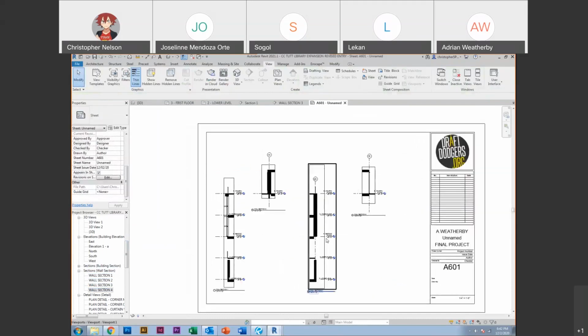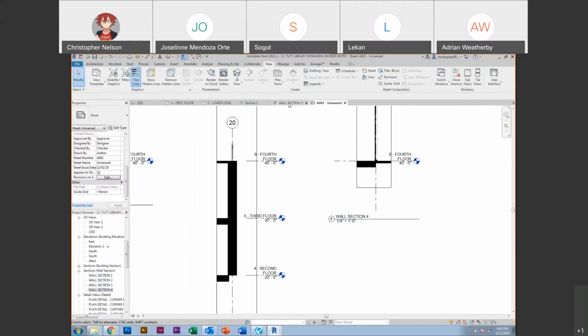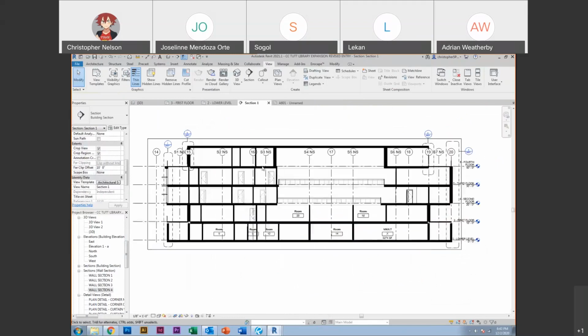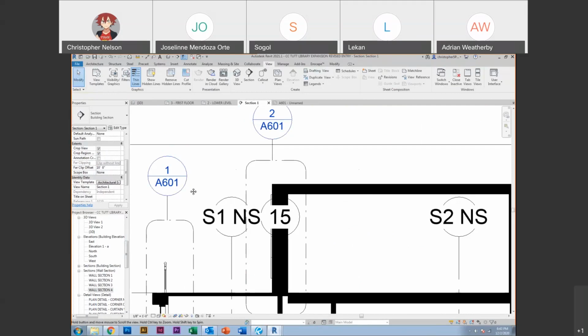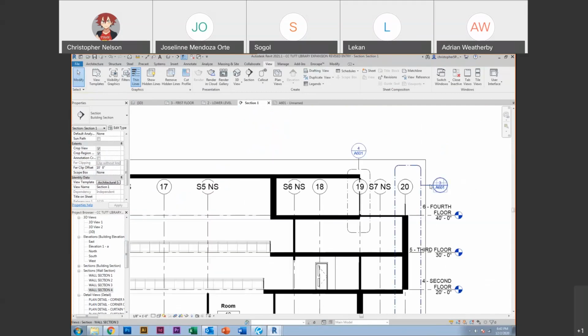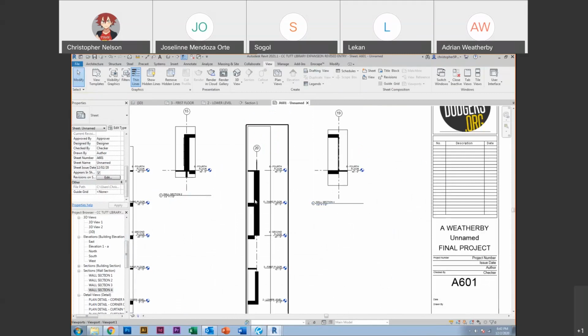So here are all my wall sections. They're already named into a scale. All that information that was empty on the building section is now filled out accordingly. So now I would just go back and I would tag whatever rooms were going to buy my wall section. I probably tag the,